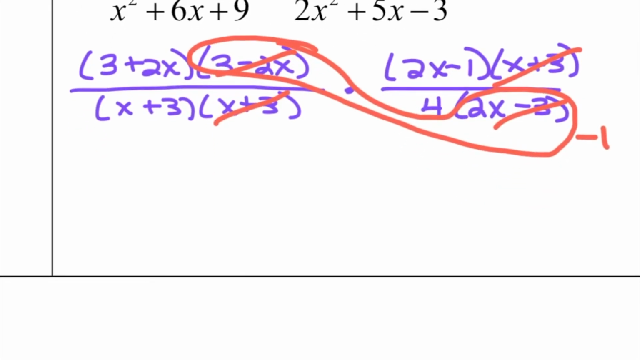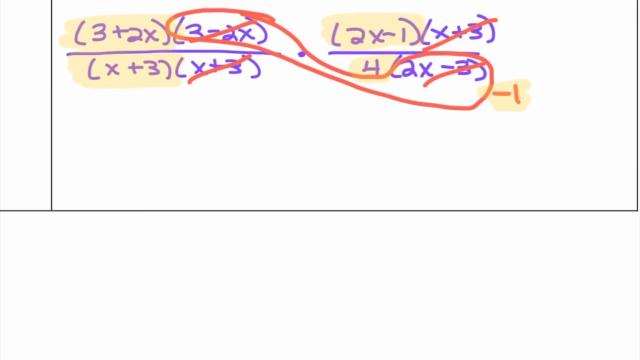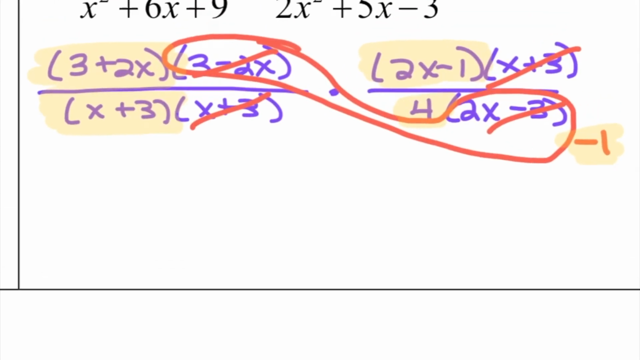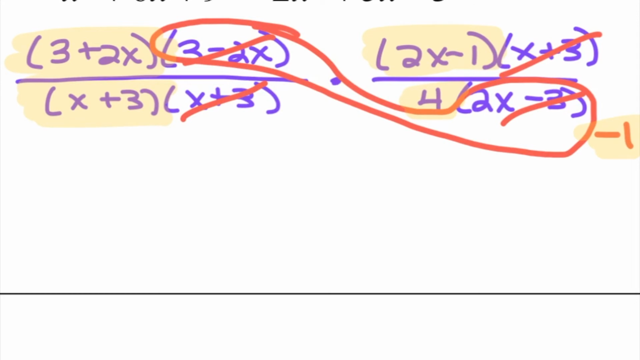Now, be real careful when you do these problems because it's easy to lose something. So I've got the 3 plus 2x over x plus 3. I've got the 2x minus 1. I've got the 4, and I've got the negative 1. That's a whole lot of stuff. Don't forget to write anything. So in my answer,